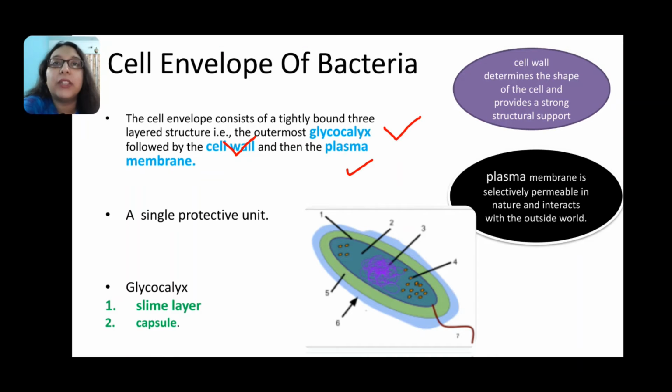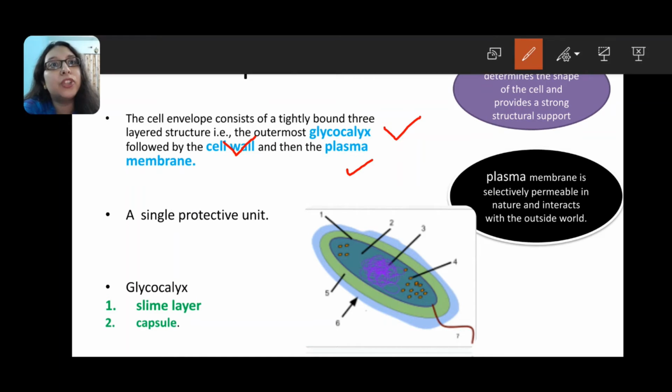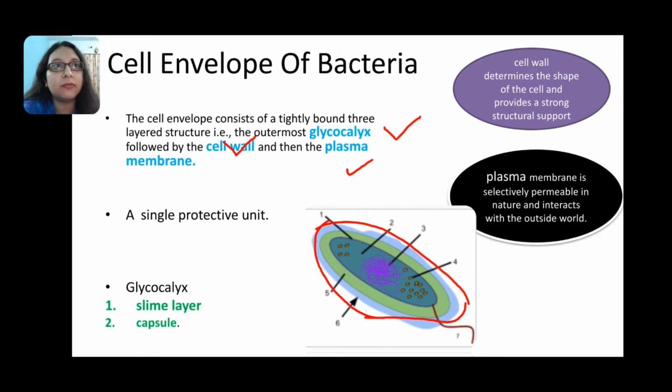Now, this glycocalyx layer is basically of two types. One is the capsule type and the other is the slime layer type. The capsule is much tougher than the slime, as we can already understand. If we notice the picture below, this blue colored structure outside the bacterial wall is the capsule, okay? It is the capsule which provides hardness to the surface of the structure and acts as a mechanical support to the bacteria.